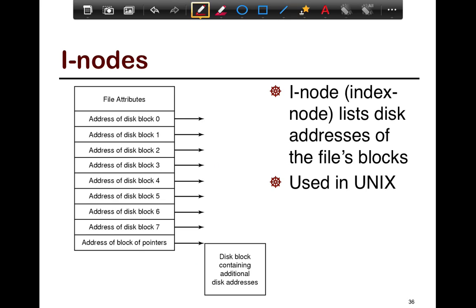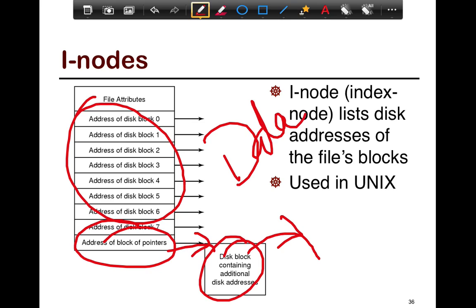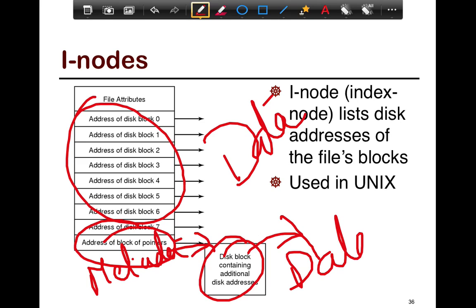So what are these inodes or index blocks, right? An inode is essentially a disk address of file blocks plus a pointer to another block which itself may contain another set of disk addresses to file blocks. So it points to data, and it points to metadata which might point to data. Right. So inodes can be recursive: they can point to data or they can point to other inodes themselves.